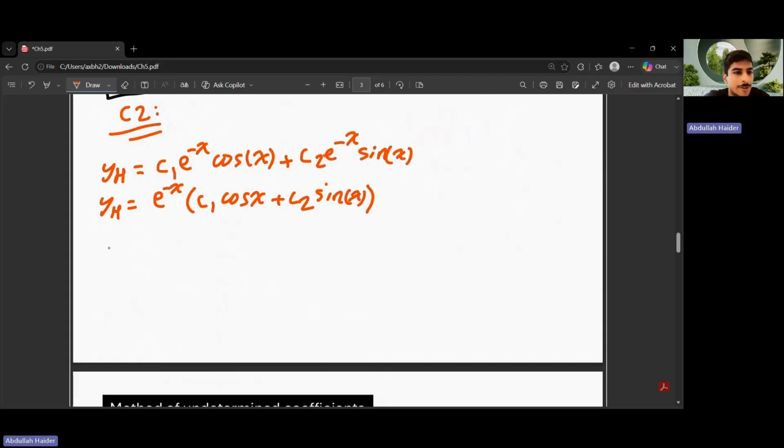So when I take the derivative, y prime will be the product rule. The product rule is u prime v plus u v prime. So the derivative of e power minus x is equal to,